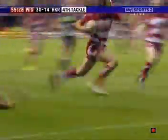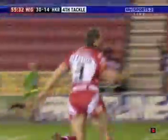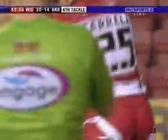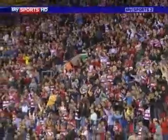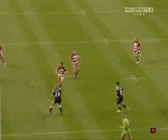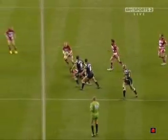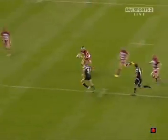Gleeson! It's going to be Wigan, I think. Wigan are going to make one of the choices for Mick Potter. Gleeson goes through the defence. They won't be denied now, and you can see that the Rovers defence are hanging out. As soon as they offloaded there,